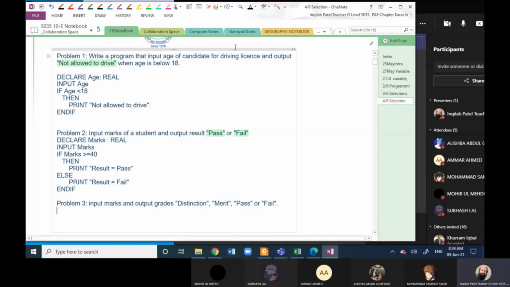Here we have four outcomes: distinction, merit, pass, or fail. Here we are asked to write down a simplified solution, a more efficient solution.